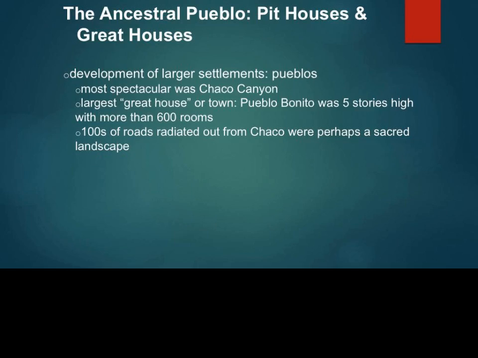So with settled agriculture, populations grew, and thus these larger settlements formed, like in Chaco Canyon and Pueblo Bonito specifically. And these above-ground structures were known as pueblos. So the kivas were below ground, like these ceremonial pits, but the pueblos were above ground. And around Chaco Canyon, 5 pueblos formed and established a road system that may have been more symbolic or religious as opposed to practical in its use, as they did not have the wheel or draft animals or beasts of burden.